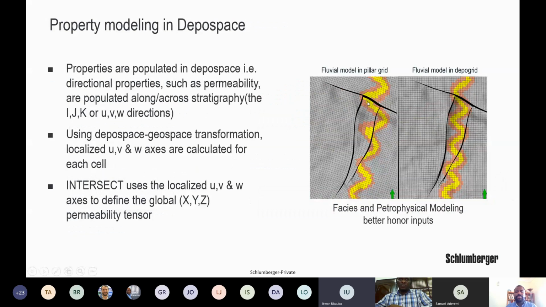Now, also, by being able to distribute our properties in the Depo space, we get a big value because we will not be restricted and impacted by